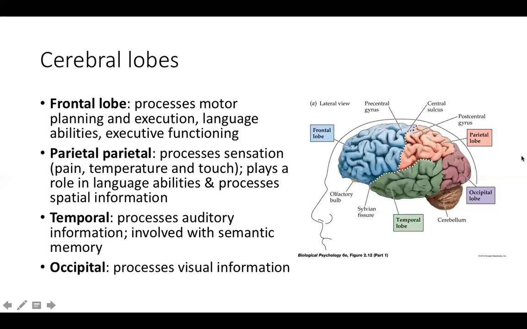And the fourth, that's depicted here in purple, is called the occipital lobe. That lobe is very involved with visual information and the processing of vision. And it goes from simple projection of the actual visual image, as well as second order and third order processing of that primary information.